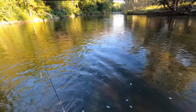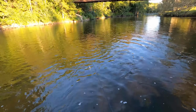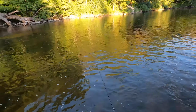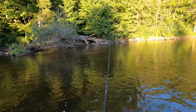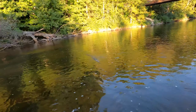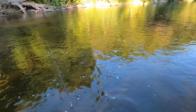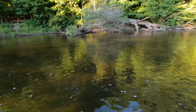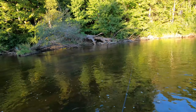So this river goes all the way down into Milwaukee, out through the harbor, and it changes a lot on the way down. Many falls, some dams with fish ladders, some dams without. They've been removing a lot of the dams. And the river's really been cleaning up with the dams being removed. I mean, I don't remember it. I wasn't here. Only moved here about 4 years ago. But the way people have talked about it,